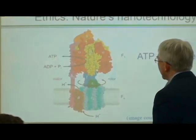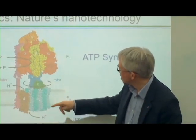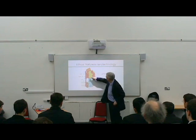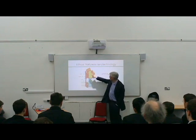We don't actually have to go as far as South America to find this. This room will do. The thing that keeps us all alive, the engine of our metabolism, is an enzyme called ATP synthase. This is what makes the rocket fuel inside you, which drives everything about you. It drives your muscles, drives your metabolism, gives you life, basically. If you look at how ATP synthase works, it's actually a little nanomotor. You've got one set of molecules that act as the stator, the part of the motor that's fixed and doesn't move. Then you've got another part of the molecules inside the stator called the rotor,